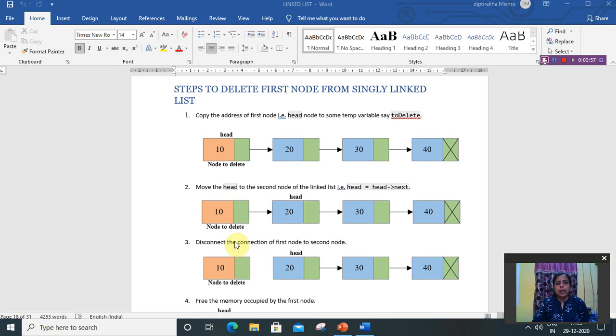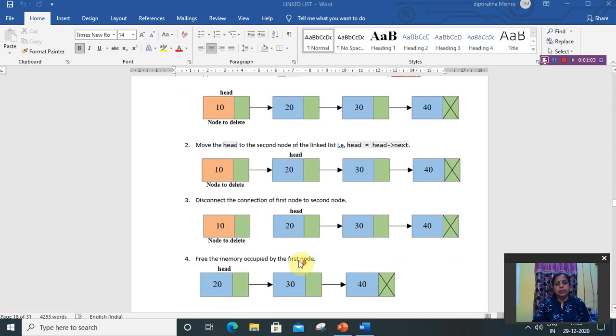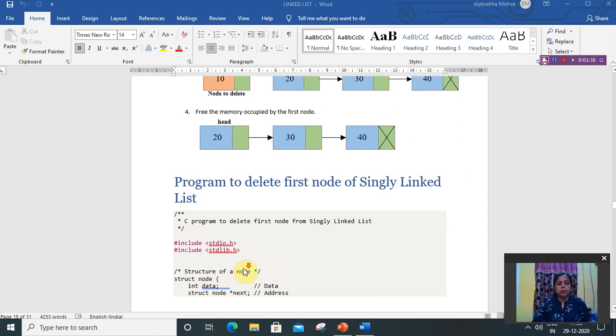Means we have to make the address part of the first node null, and the second node will be the head node. Then this will free the memory and the list begins with the second node, and the second node will be the head node. So the program is as follows.